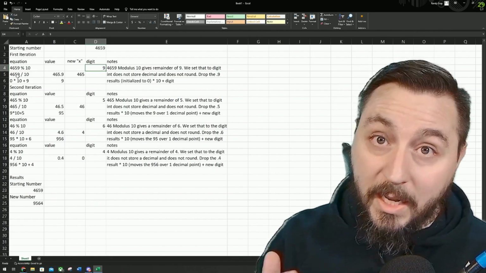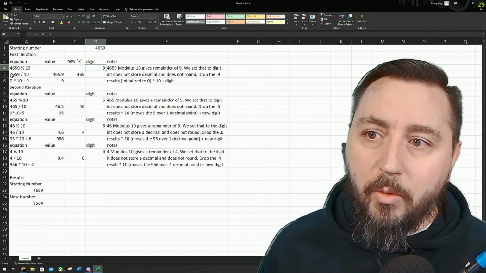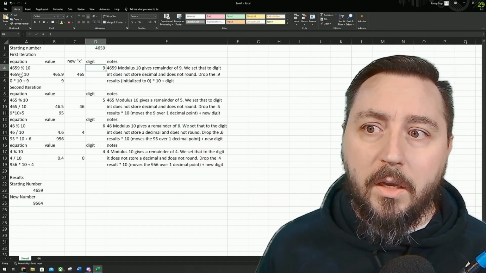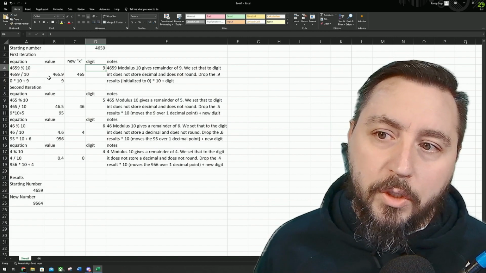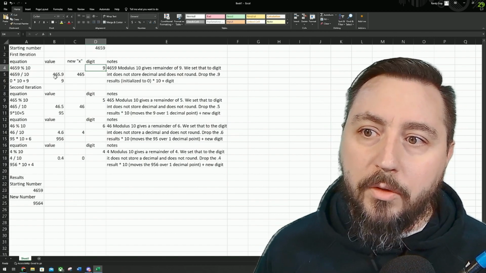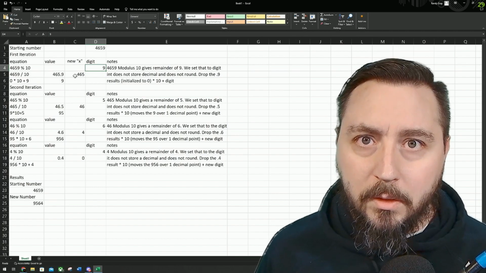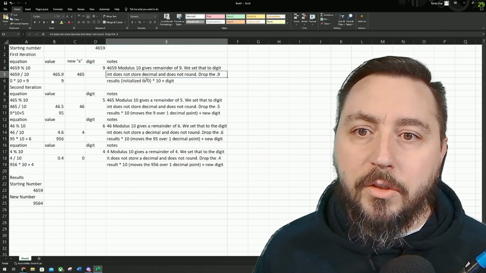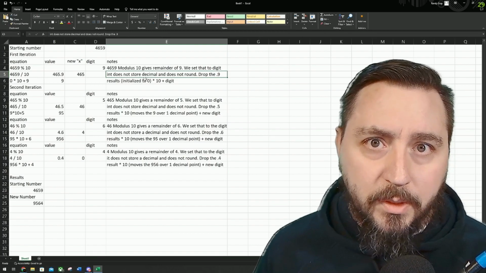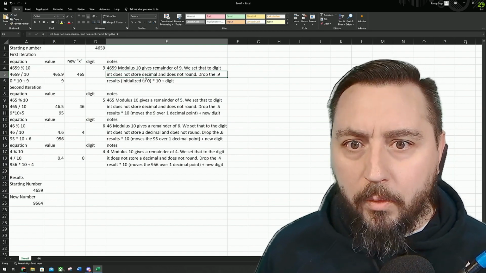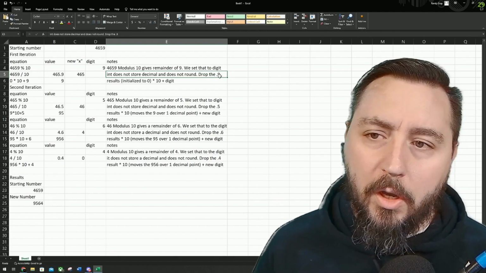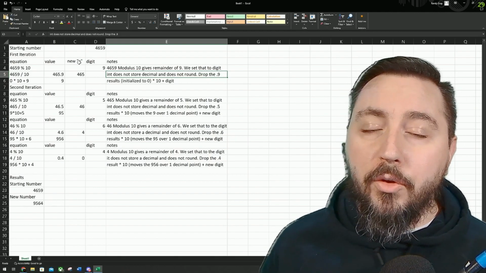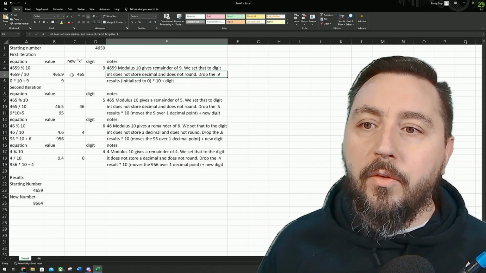Afterwards, the next step was taking 4,659 and dividing it by 10. Essentially what you would get is 465.9. However, integers do not store decimals and they don't round. So what happens is the 9 drops off and you're left with a new x of